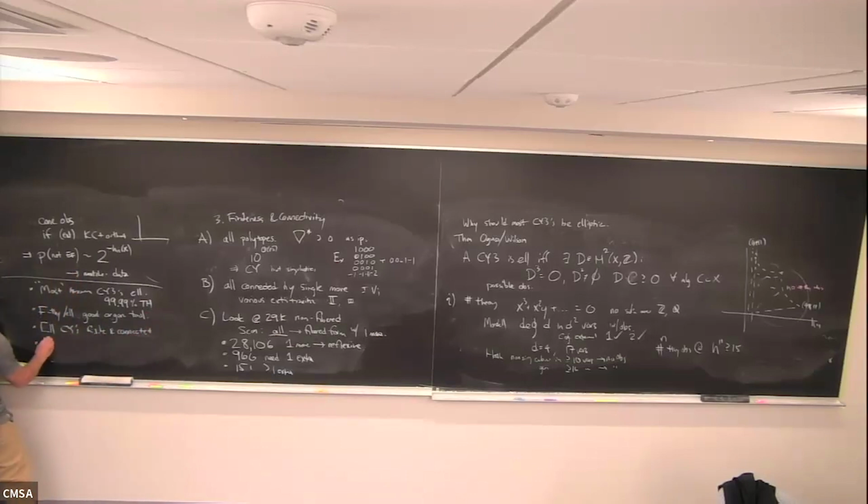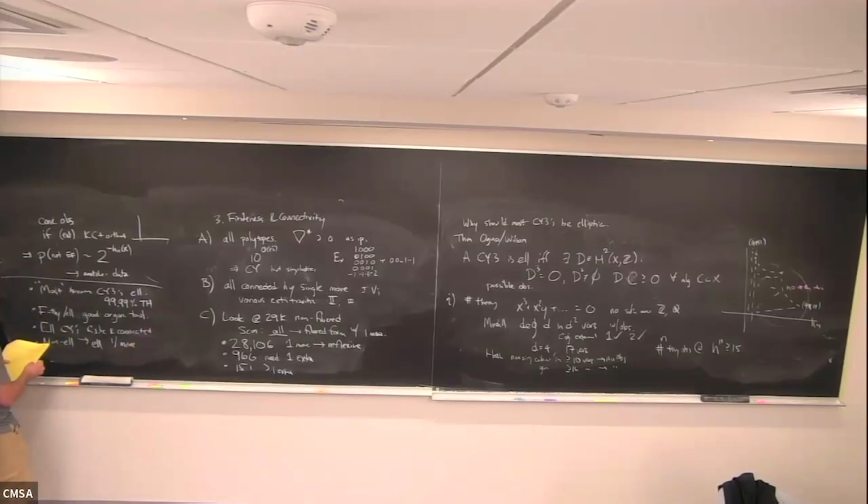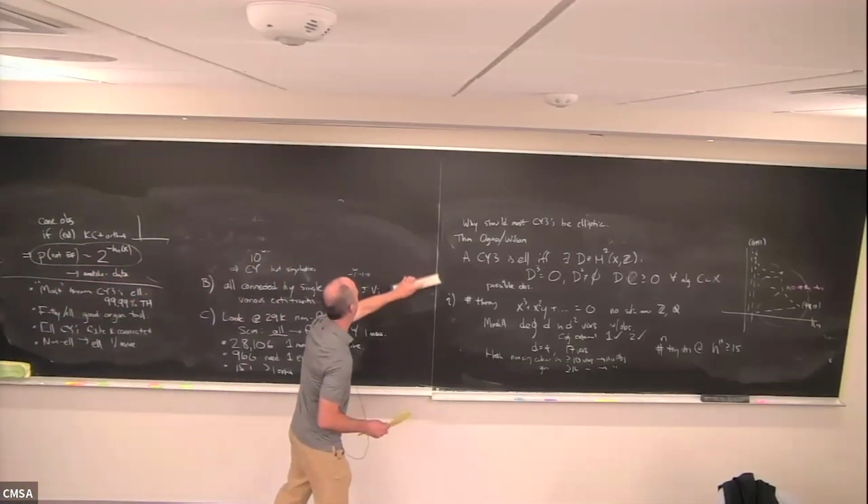The non-elliptic, both for the toric hypersurfaces, and I didn't get into it, but also the CICYs, are connected to elliptics with one move each for the known ones in those big classes. The probability that you're not elliptic goes down as 2 to the minus H11. So this is not by any means a proof.